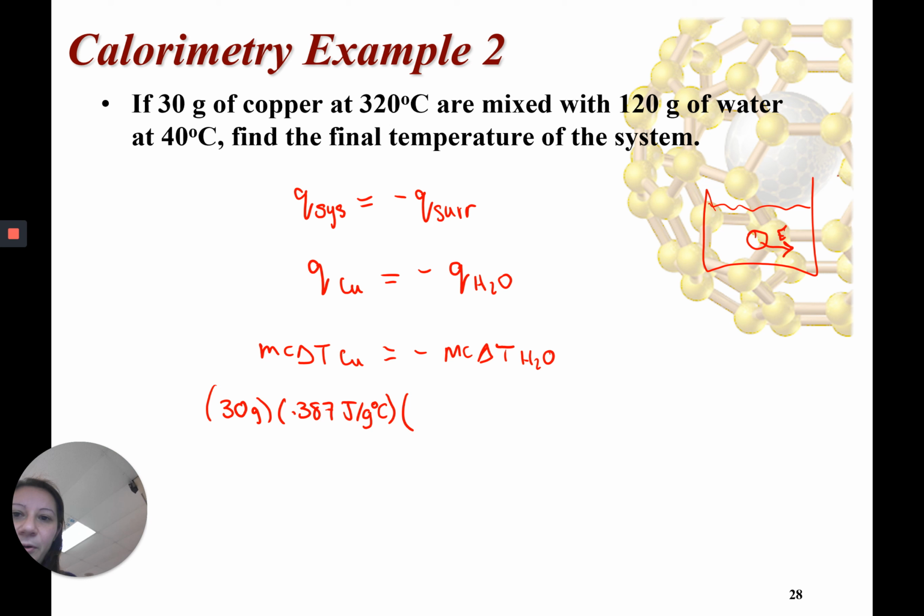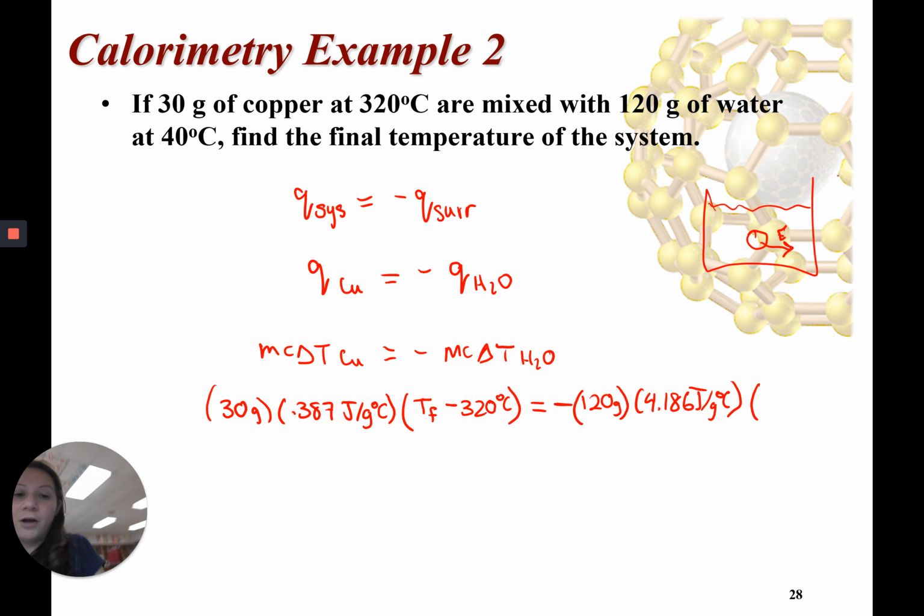Delta T for copper is T final minus T initial. T final is what we're looking for, right? My initial is 320 Celsius. That is equal to negative mass of water, which is 120 grams. C for water is 4.186 joules per gram Celsius. Delta T for water is T final minus T initial. T final is the same as the copper T final